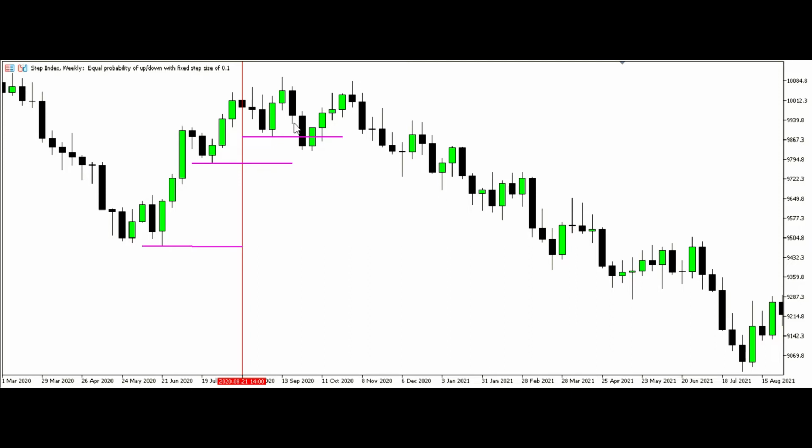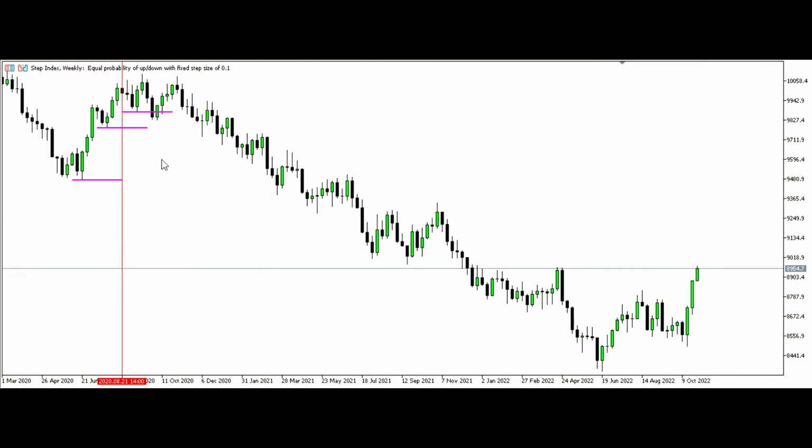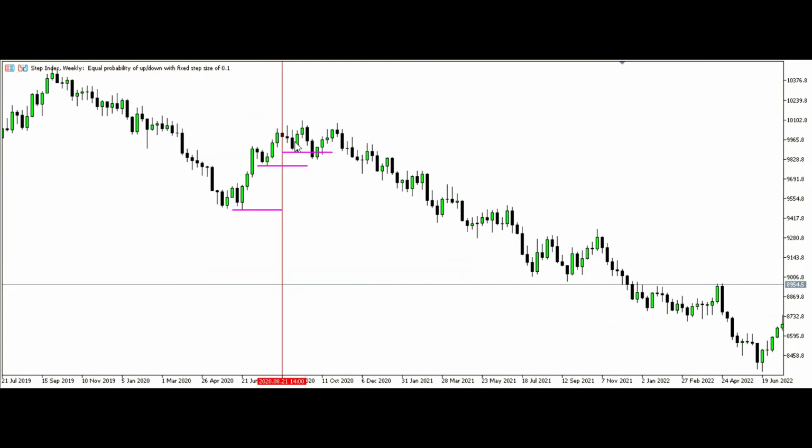Now where do we expect price to naturally trade into to take price down, or to run with price? Here we see that price has traded into a certain high here, and then it got bounced off and it came back here. Now let me draw this line here. So going back into time,